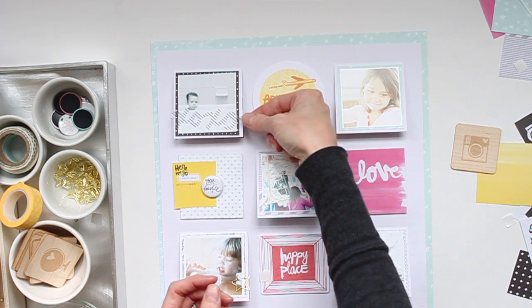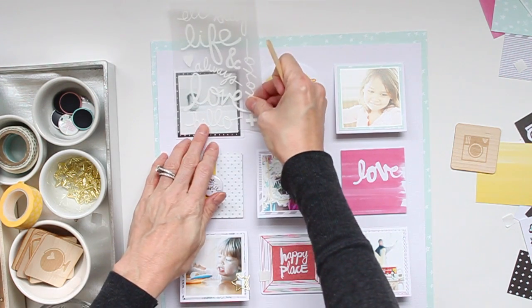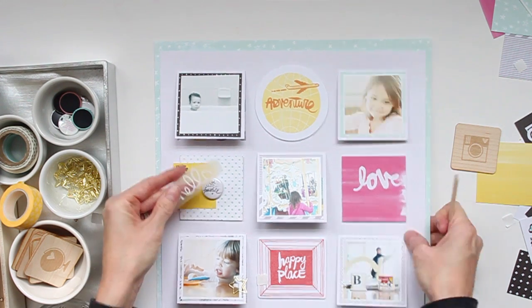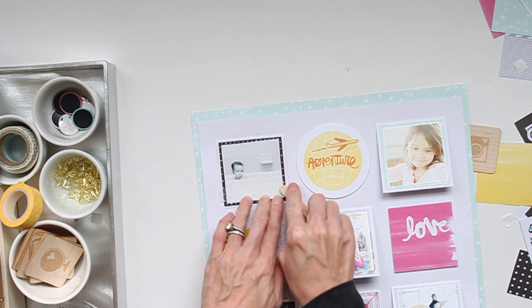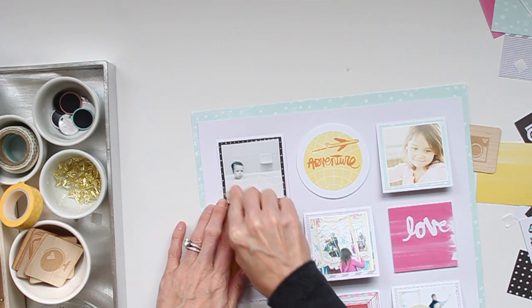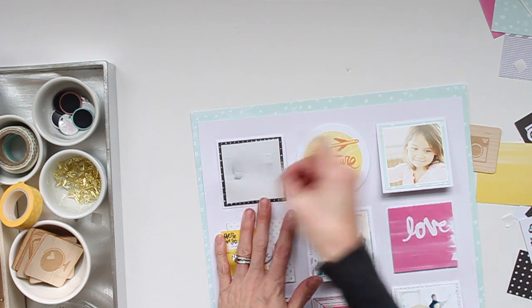I'm trying out one of those Studio Calico print shop transparent script words to see if it would fit there. It looked like it was a little big. So now I'm going to try one of the transfers, also from the Studio Calico print shop collection. These are so easy to do if you've never tried any of these, and they are really addictive and really fun. I just always trim out the one that I want to use because if I'm trying to be lazy and not trim it out,